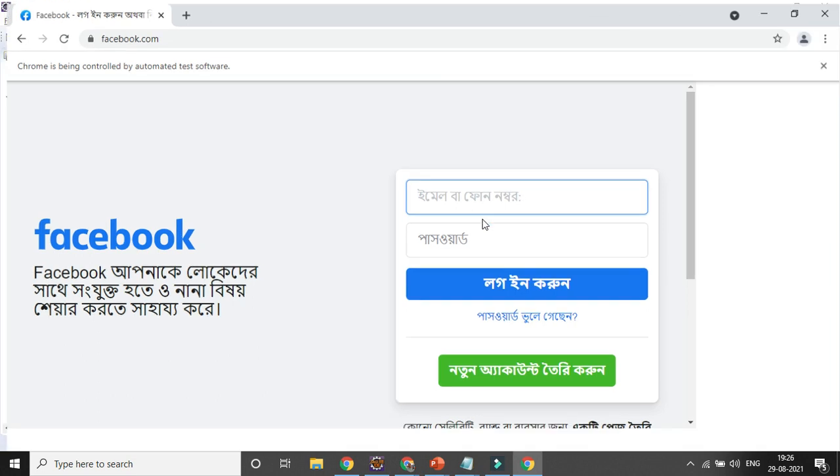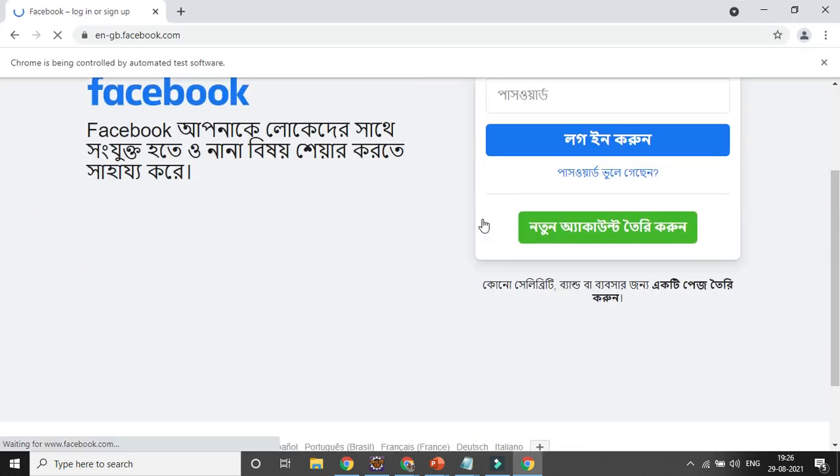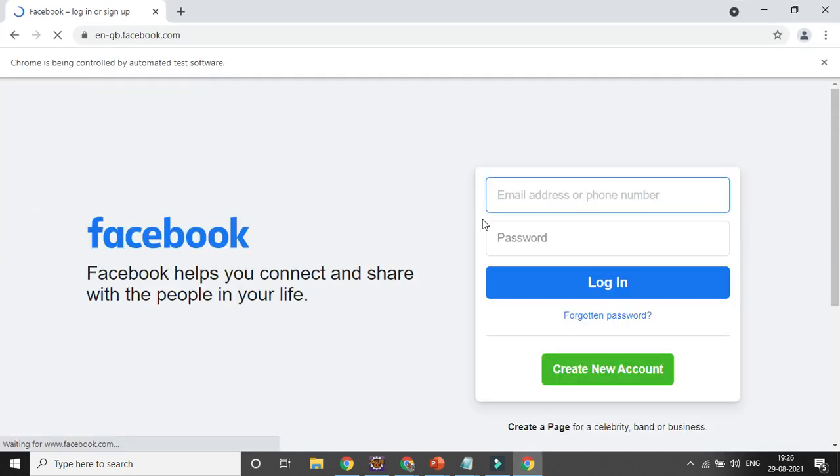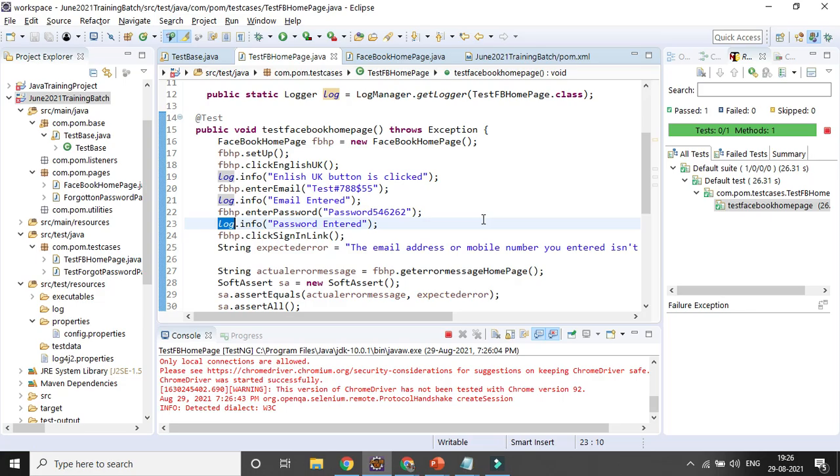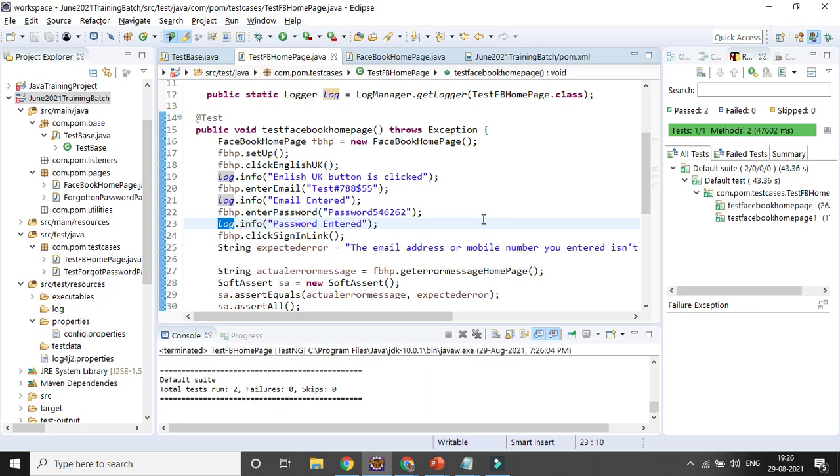So that is the beauty: you can get it from the console, as well as from whatever path you have given. In that path itself you can get it, and it will be appended, and unless you delete it, it will be appended. So in case you need to provide some justification to your customer, that yesterday you ran 5 times, today you ran 5 times, and tomorrow you will be running 6, 7 times, then how can you provide the justification? From the logger information you can add the justification.